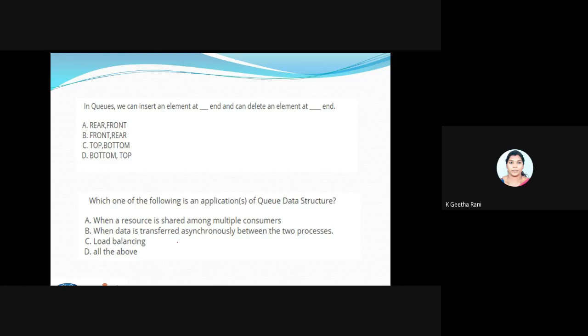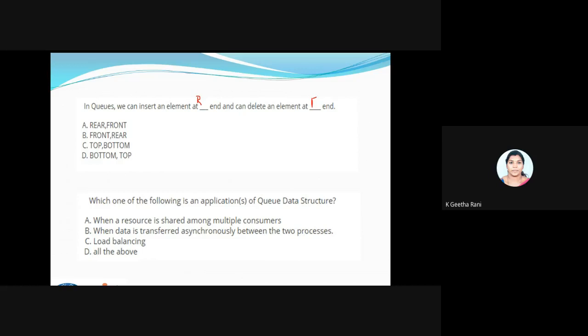What is the answer? We can insert an element at the front or rear? I'm getting answers like that. No, the answer is A. I think everyone got confused with the rear end and the front end. You can insert the element only at the rear end, and I can delete the element only at the front end.